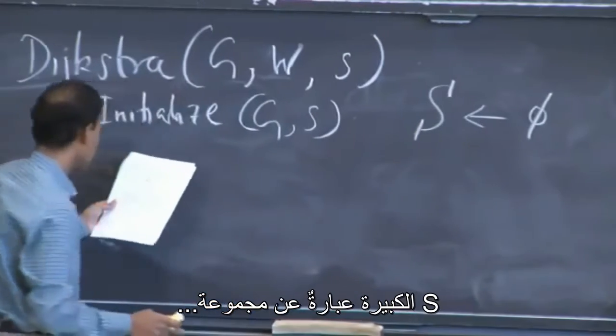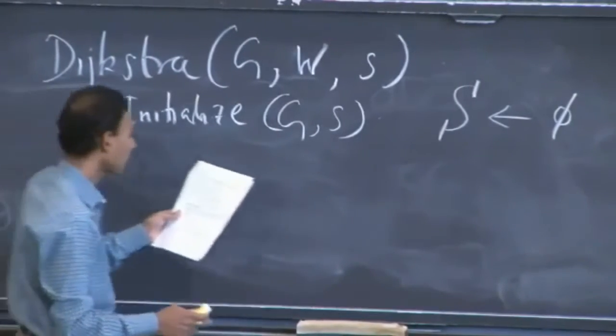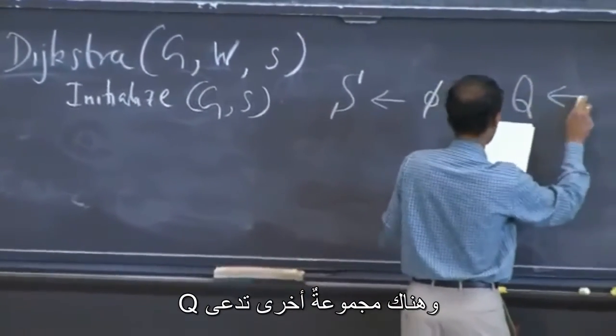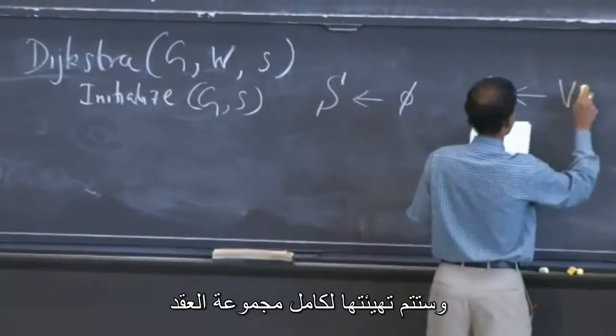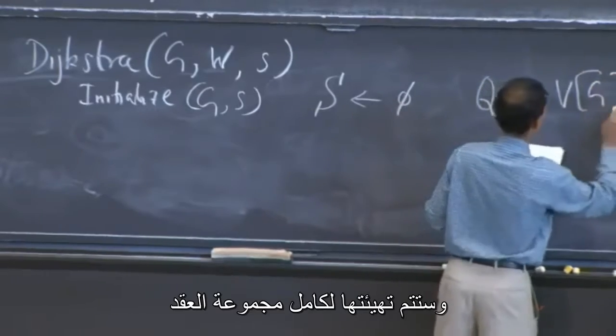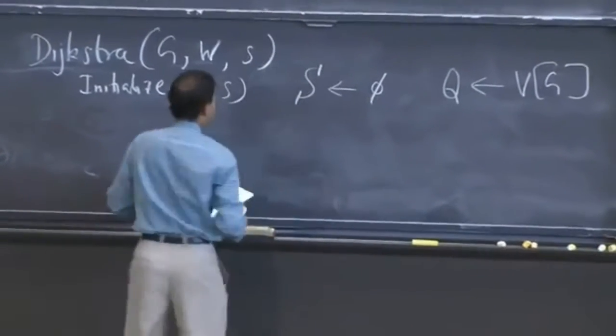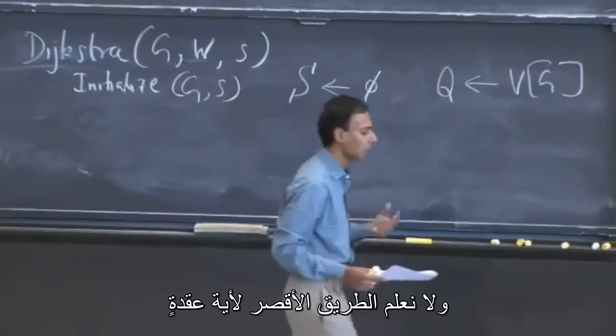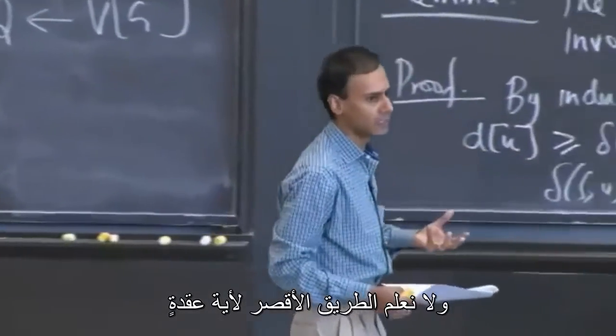So capital S is a set, and we're going to initialize that to null. And there's another set called Q, which is initialized to the entire set of vertices. And all this means is that initially we haven't done any processing, and we don't know the shortest paths to any vertex,